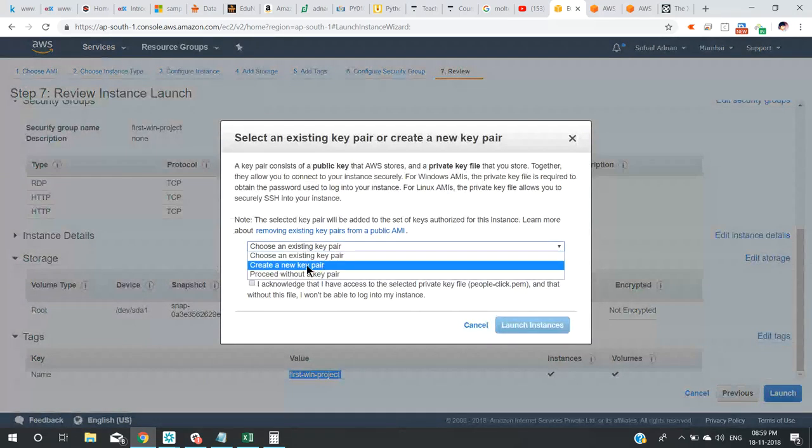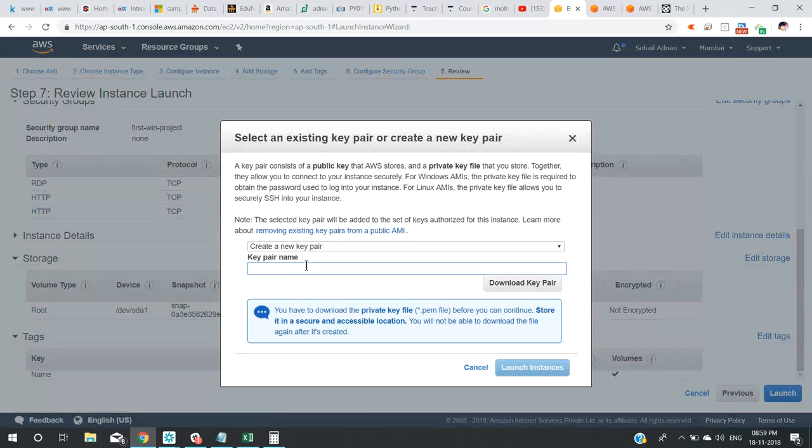and then I will select create a new key pair. And remember, this is very important. Amazon does not save a copy of this. And if you lose it, you cannot raise a ticket to get this key back. This is like your ATM pin. You don't lose your pin. If you lose it, a bank will allow you to reset it. But in case of AWS, you don't get to. So you will not lose this key. Create a folder and save it properly. And I'm going to call this key as